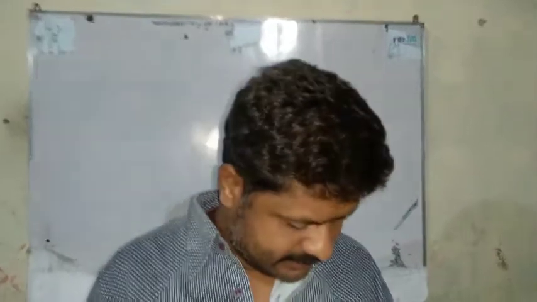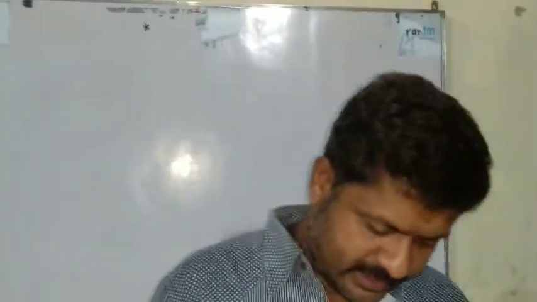In our earlier classes, we have completed practice exercise 3.1. If you have any problem, then you will discuss with me. And if not, then let's start exercise 3.2, which is addition of rational numbers, subtraction of rational numbers. And this addition and subtraction are included in exercise 3.2.